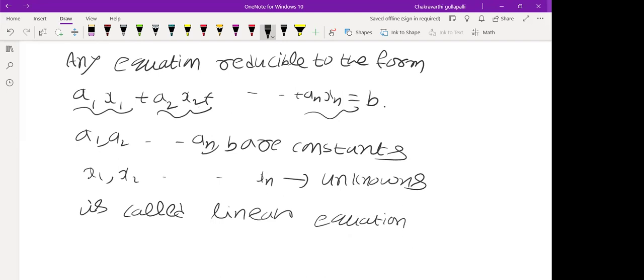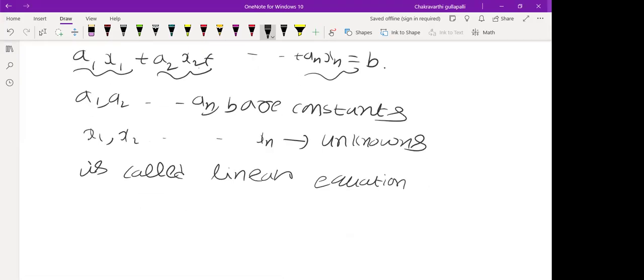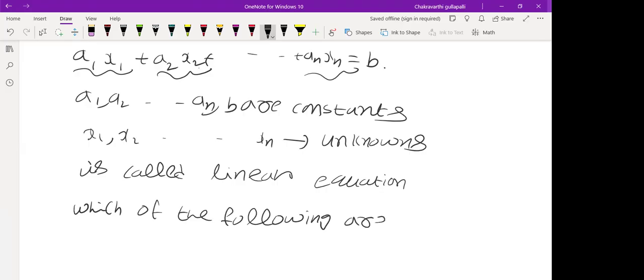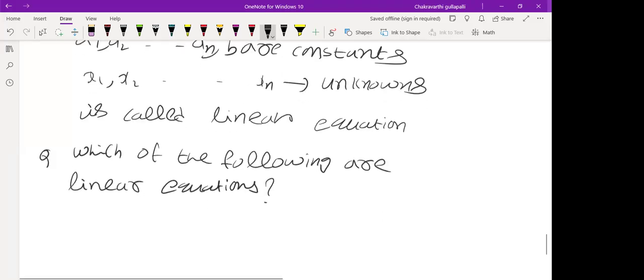Then, for example, which of the following are linear? Which of the following are linear equations? I'll give you some questions. First one,